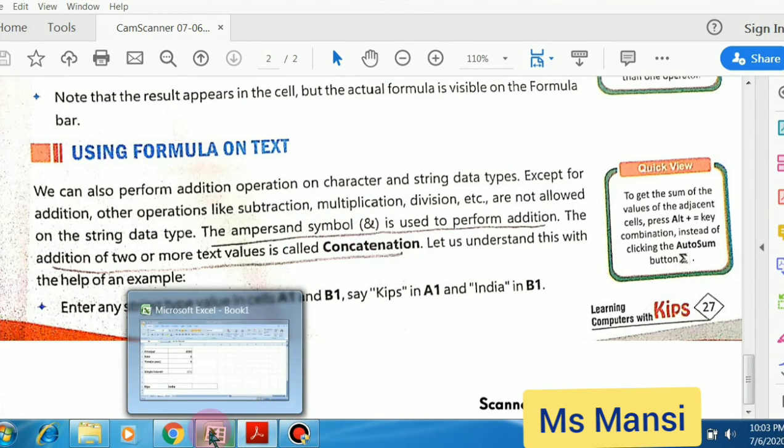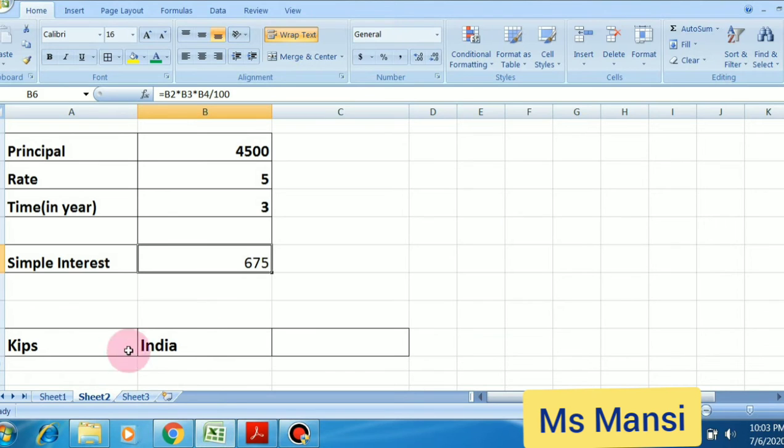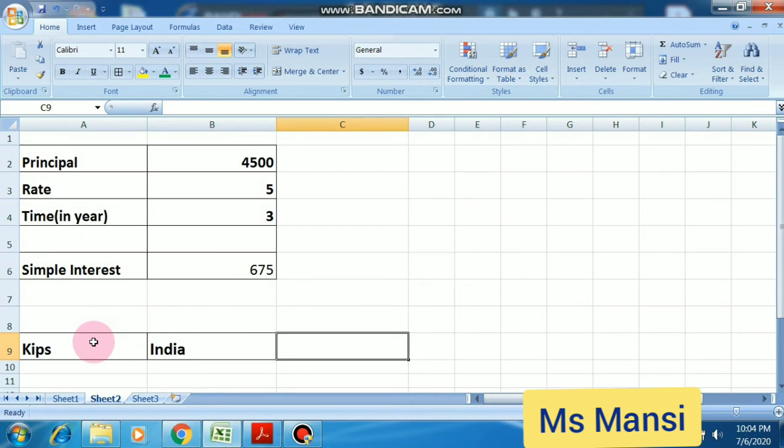So let us take an example here. I have written two texts here. One is KIPS in the A9 cell, and India is in the B9 cell address. Students, if I want to join these two text values, then the ampersand operator is used. So let us see what the formula is. The formula starts with the equal to symbol, you all know.